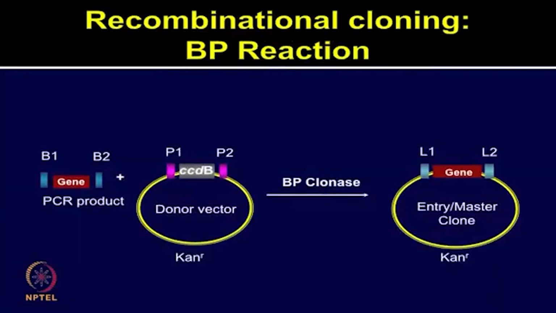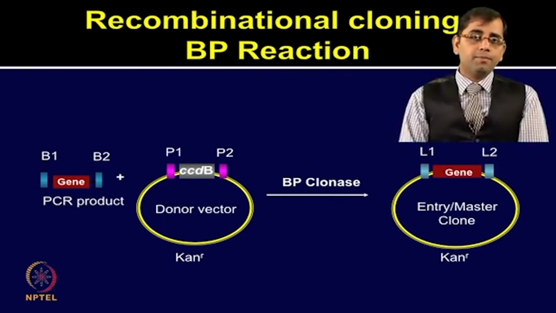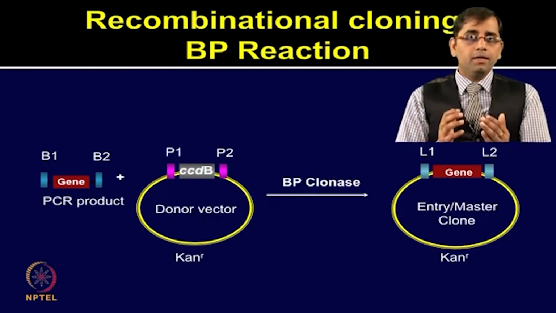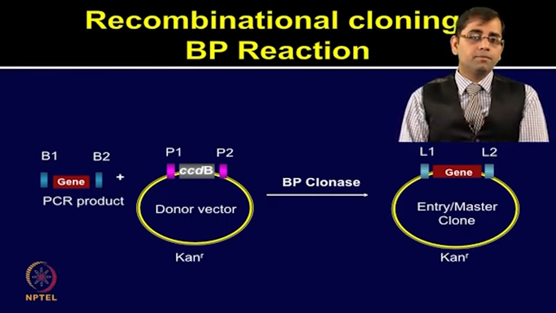Broadly, recombinational cloning involves two reactions, the BP reaction and the LR reaction. Let us first talk about the BP reaction. When a reaction is run to mix att B and att P sites, such as when making the master clones, this step is catalyzed by BP clonase enzyme and it is known as BP reaction because of att B and att P sites involvement. As you can see in this slide, there is a donor vector or P donor that